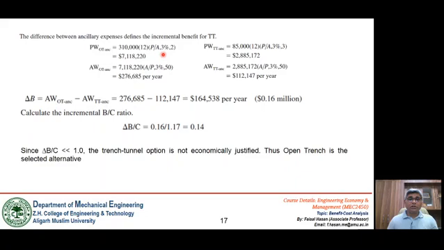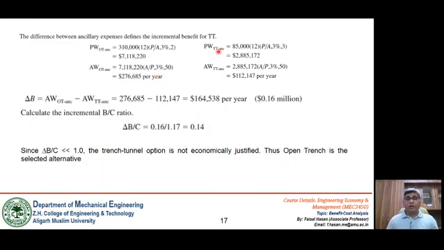Converting this into annuities extending up to 50 years. This is the present worth given, and we are interested in finding A. The interest rate is given as 3% and the time of the project is 50 years. If we compute this by using the relationship between A and P, where P is given, we can find A. It comes out to be this much.